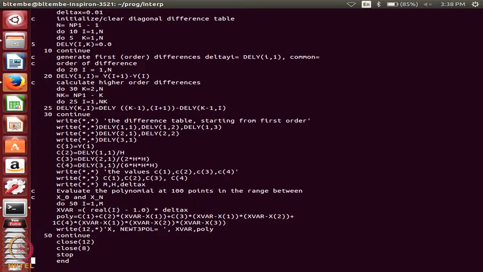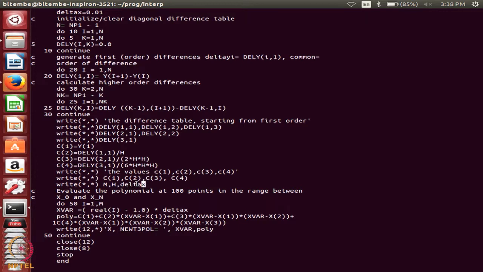So, here is that statement. Remember, we wrote C0, C1, C2, C3, C4 and then it wrote M, H and delta x. What it wrote? M was 100, H was 0.33 and delta x was 0.01. 0.01 is spacing.